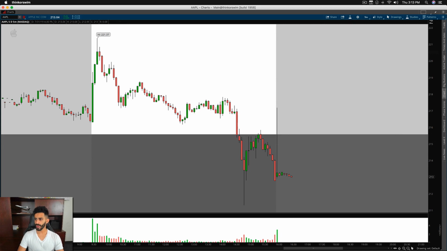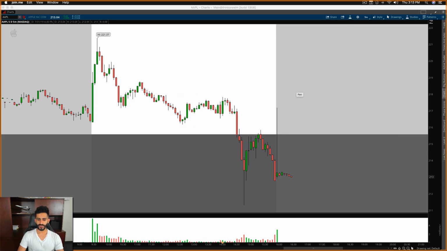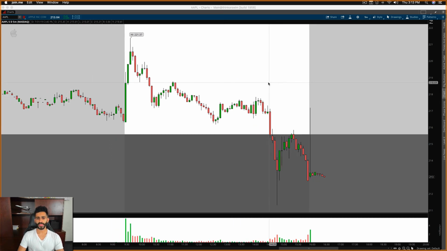The Feds came out with their announcement, right? They came out with their announcement at 2 p.m., and you can see afterwards with other market news that came out during a day like this, the stock completely reversed. Now, this is very important to understand because a lot of people were not aware of market conditions